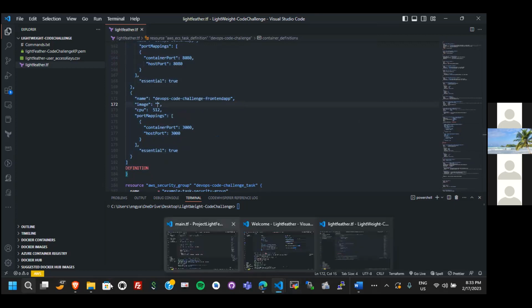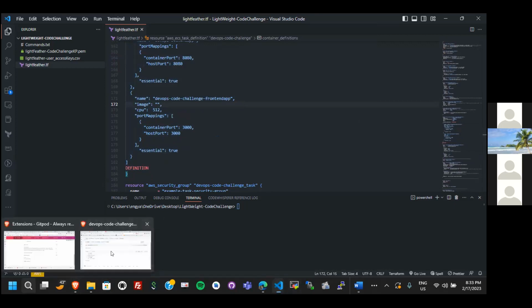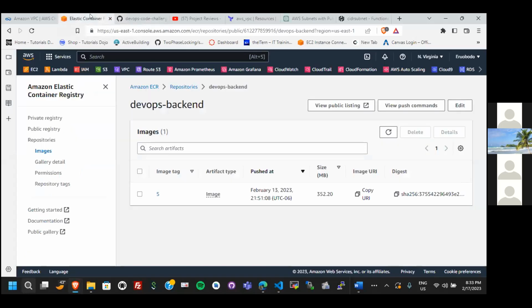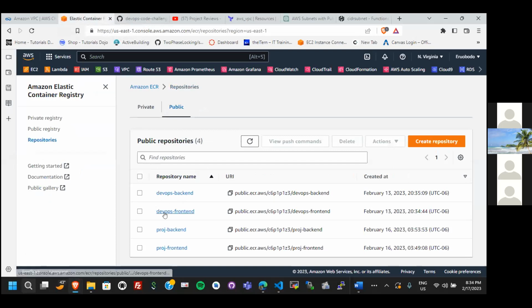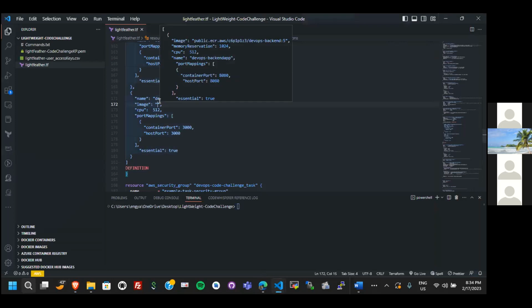We go to our front end repo. Now go to the repos here. This is our front end, and this is the URI here. So use this URI to fetch the image on that